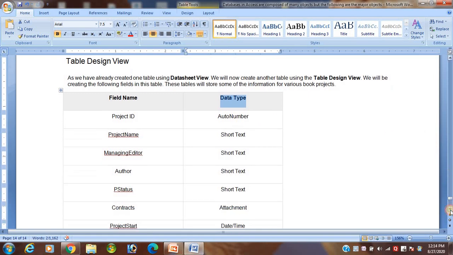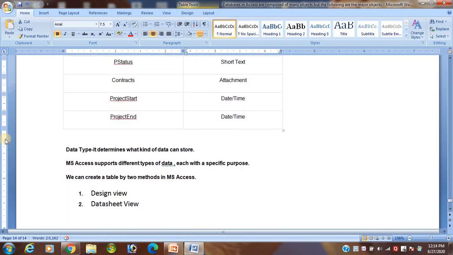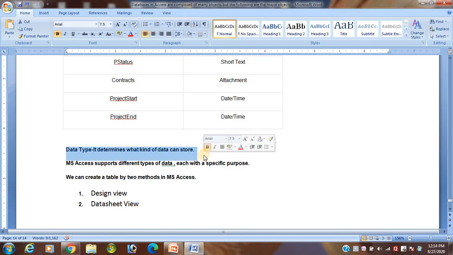Here I have written what a data type is: data type determines what kind of data can be stored. I will show you practically so you can easily understand. According to that, you specify the data type.